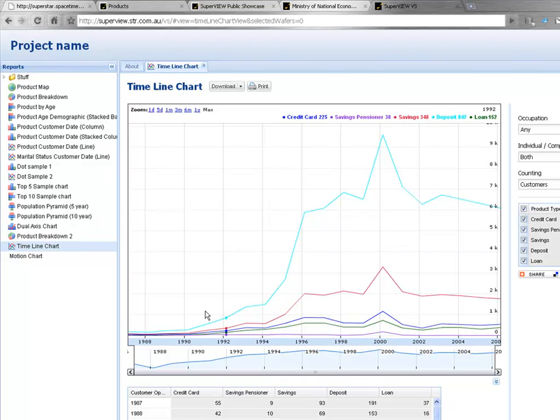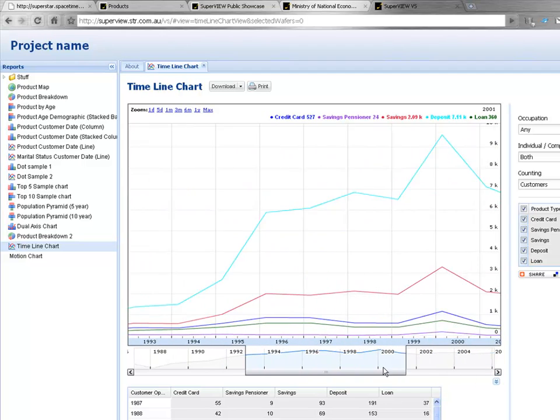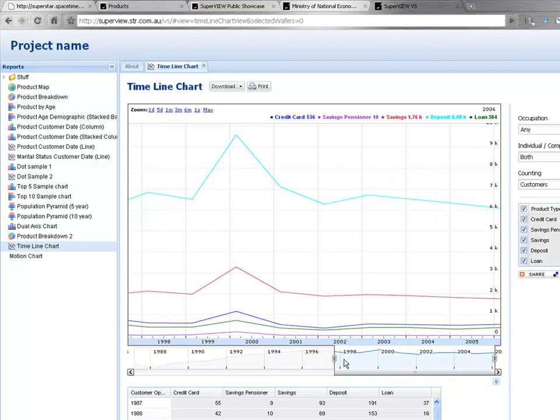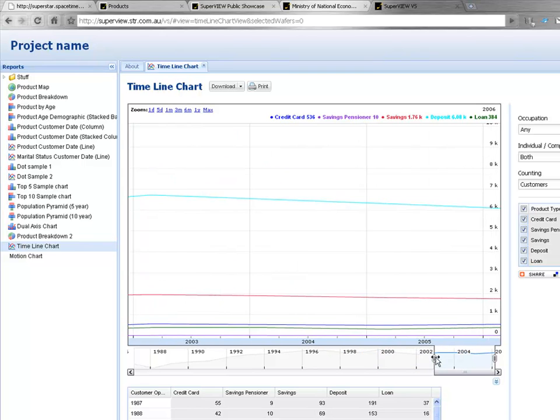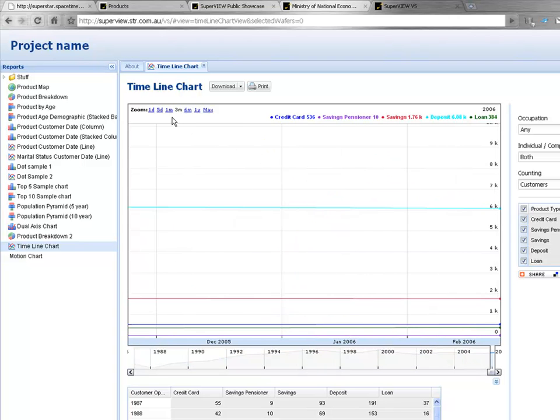So the annotated timeline is really just very similar to our normal line charts, except that it's specifically designed to have time as the horizontal axis. The timeline chart offers the ability to zoom into a particular area and to move that zooming across. This is particularly useful if you have data